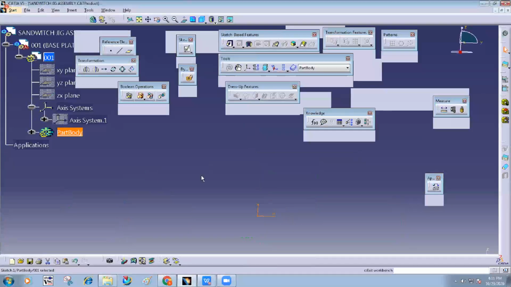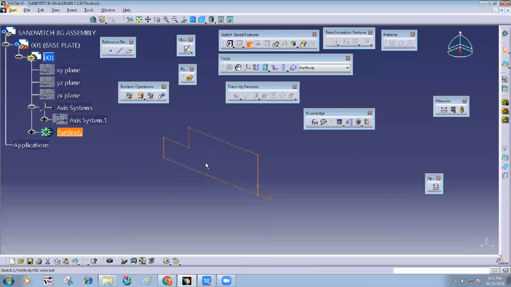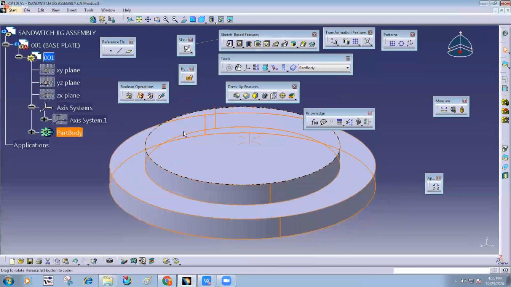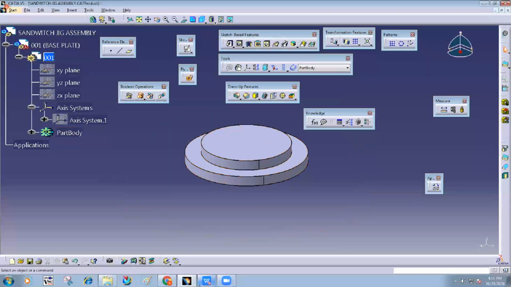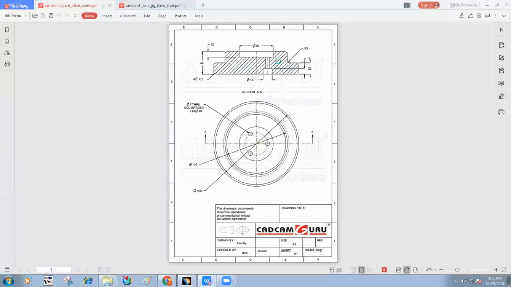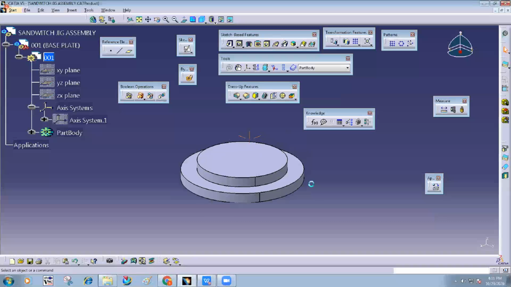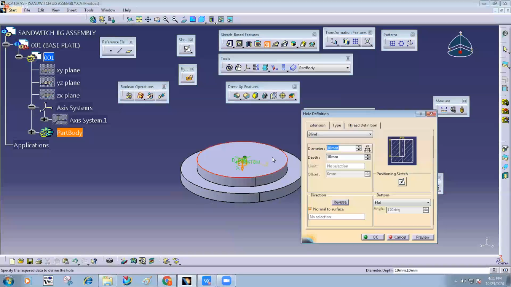Use the shaft. Now there is a hole inside. Diameter 60, depth is 10. Select this arc, select this pocket command. Take this face. Diameter 60, depth is 10, already it is given.